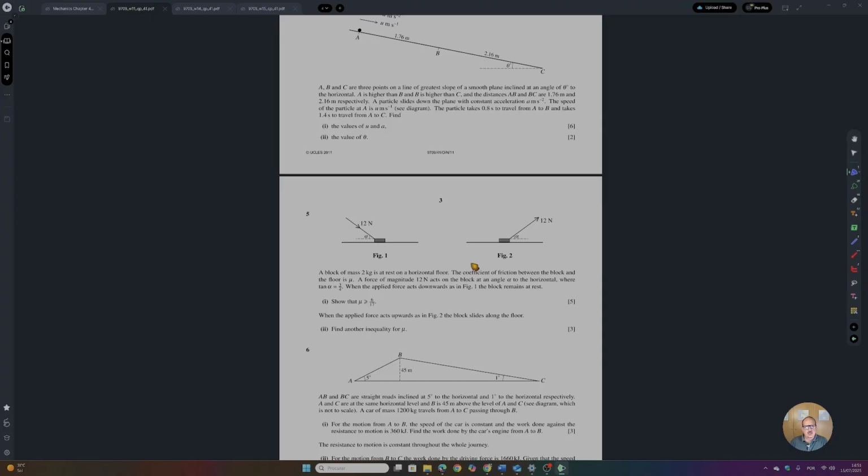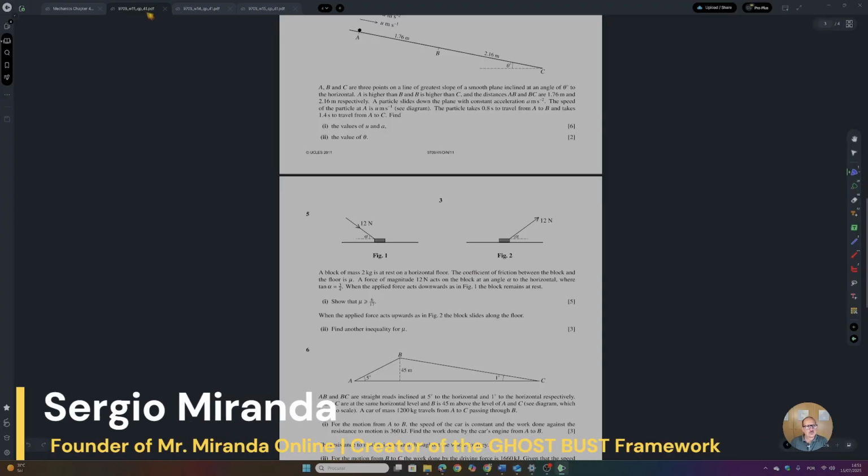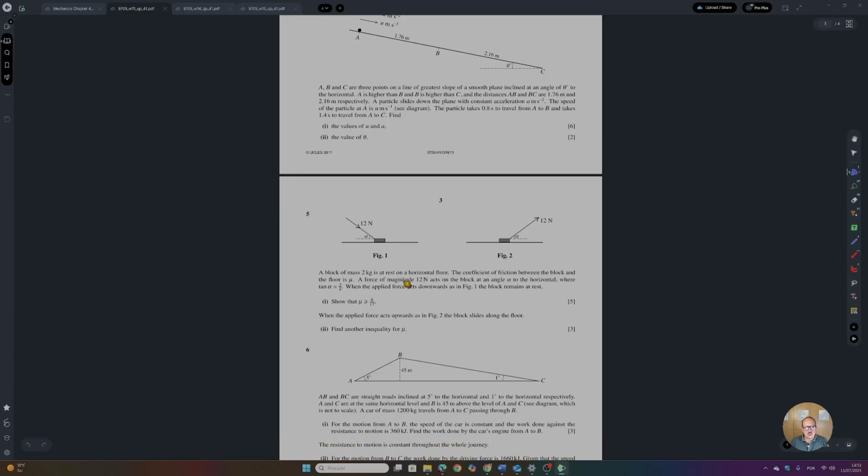We're now looking at exam questions regarding situations with friction. The first question is this one, question 5. This is from winter 2011, paper 41. And you have these two diagrams, and then it says that a block of mass 2 kilograms